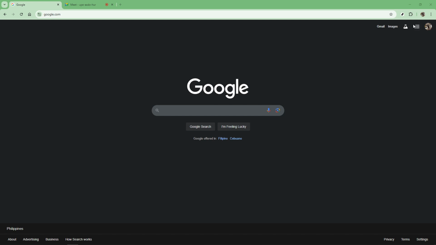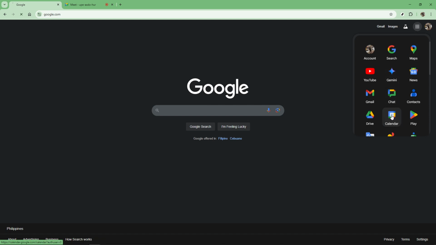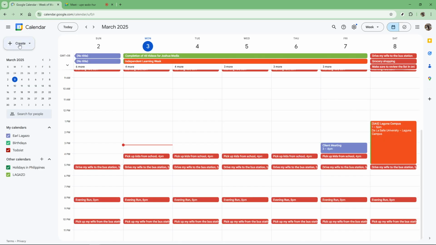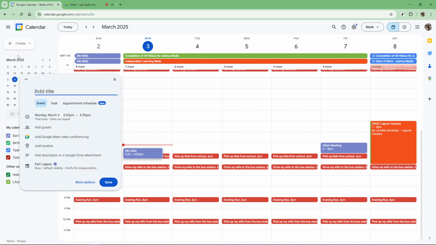and invitations. Start by accessing your Google Calendar. This is your main starting point for scheduling any upcoming video meetings. Once you're in Google Calendar, you'll need to create an event. Think of this as setting the stage for your meeting, so be sure to select the date and time that works best. You can also add a specific title or any necessary details to the event description to keep things